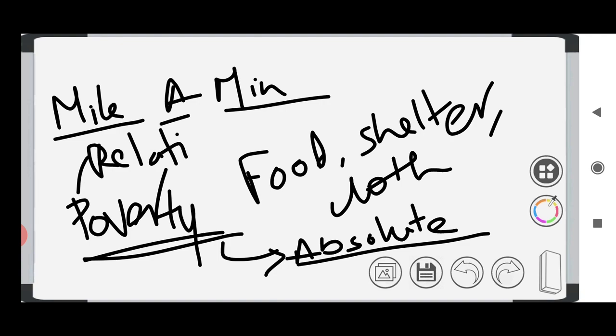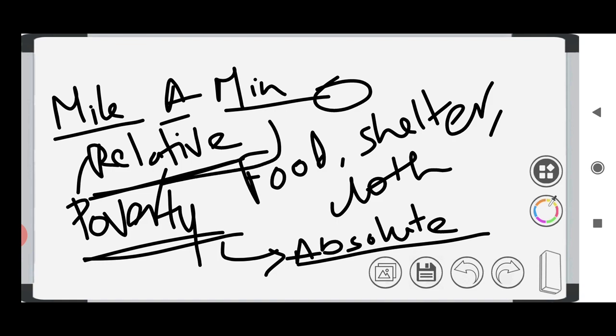Relative poverty is like comparing with other sections or groups of people to say that this group of people is in poverty. Let us consider a city. In a city, most of the people are earning about 10,000, and there is only a certain group of people who are earning less than 10,000. This group is considered poor based on relative poverty. Why? Because compared with the other group of people, this group is in poverty. This is called relative poverty.